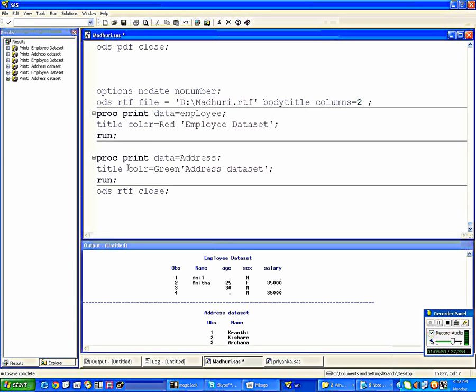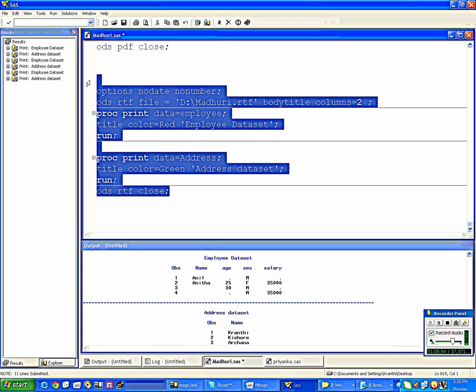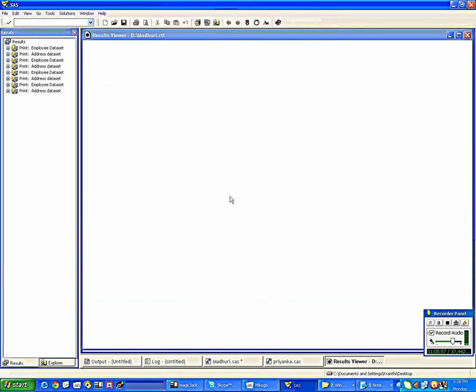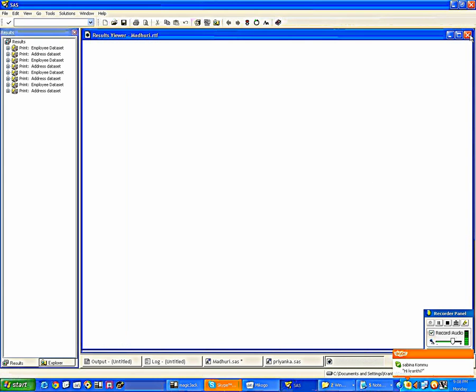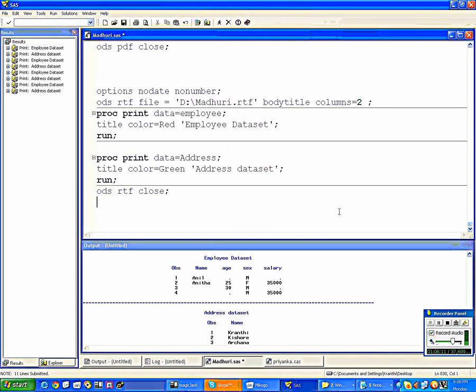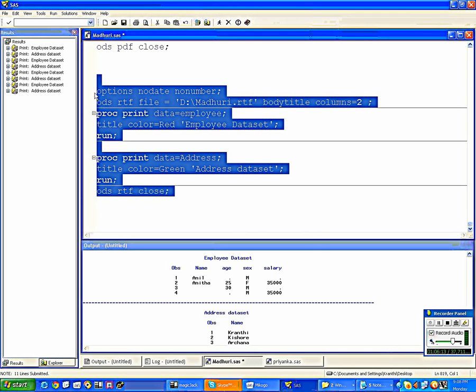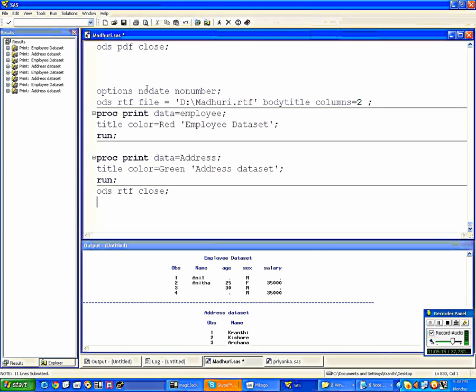Submit and see. Open it. See, red color, green color. And it's writing to the same page. Got it. Clear? So this is the writing to the RTF file.